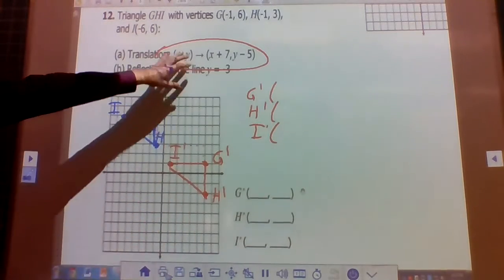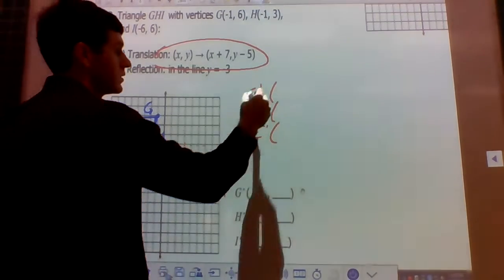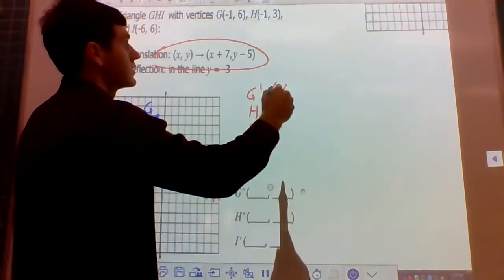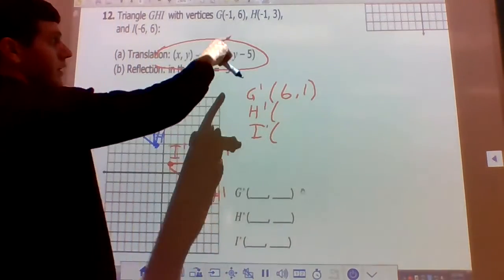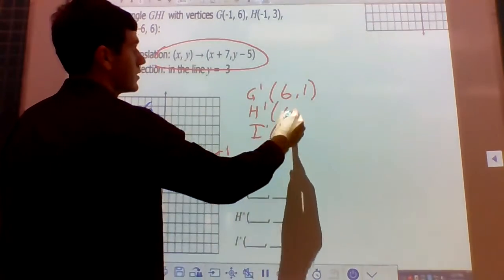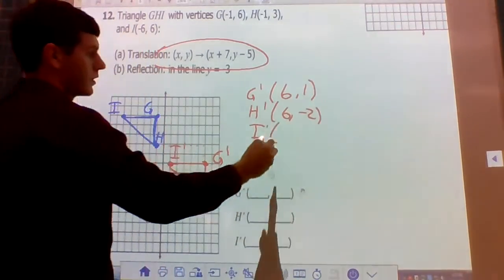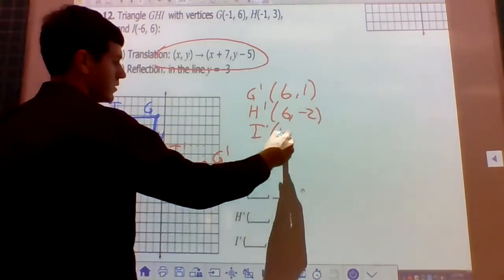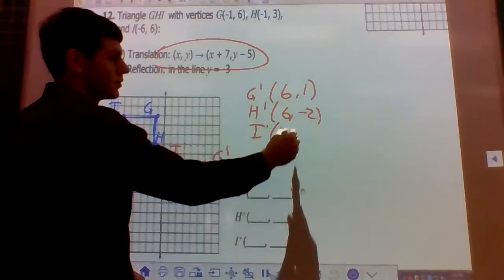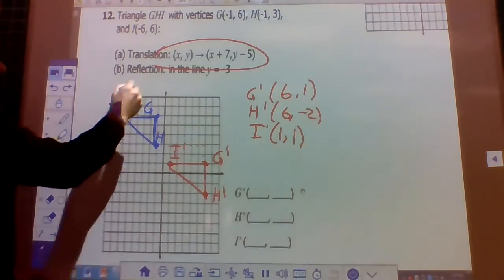And we can plug those into the rule here to get our coordinates, or we can just count them out. But negative 1 plus 7 is 6. 6 minus 5 is 1. Okay. Negative 1 plus 7 is 6. 3 minus 5 is negative 2. Okay. Negative 6 plus 7 is 1. And then 6 minus 5 is 1. Okay. Once we have that, we can now do our second piece, which is to reflect across the line y